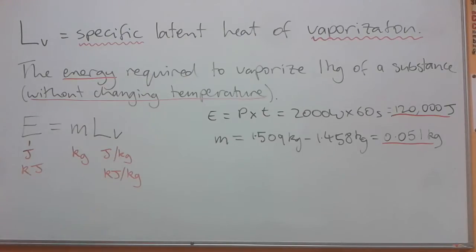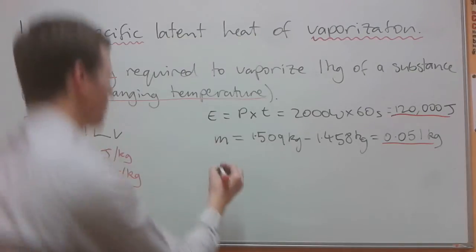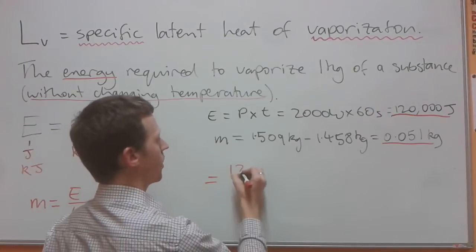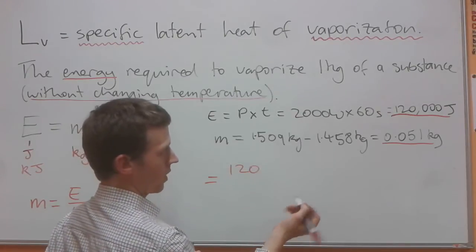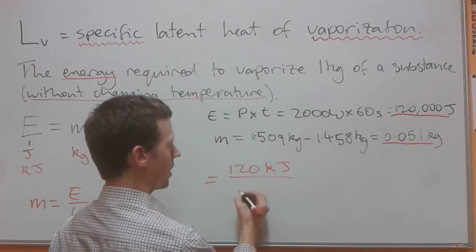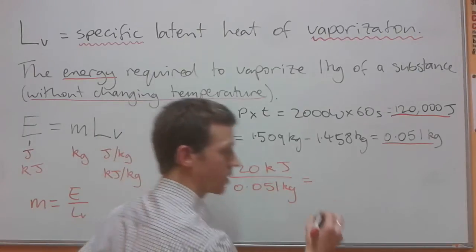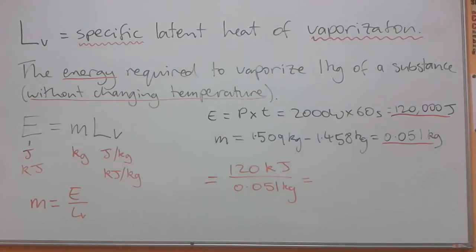So, what we're going to do is rearrange this equation here for mass. Now that would be mass equals E over LV. And if we do that over here, we're going to have 120. Now look, I'm going to turn this into kilojoules already because we're going to lose track. 120 kilojoules divided by 0.051 kilograms to get the latent heat of vaporization of water. Now I'm going to chuck that in a calculator because I don't fancy doing that. It's close to being something that's easy to do, but it's not quite. 120 kilojoules divided by 0.051 equals,